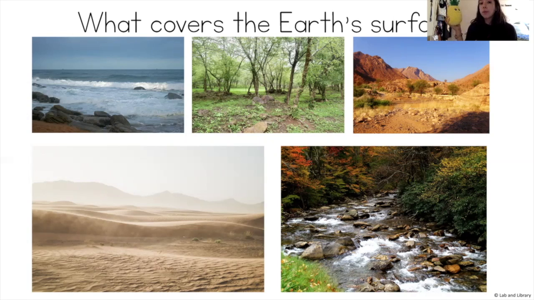And then in the fourth picture, which is down below on the second row to the left, I would ask what makes up Earth's surface in that picture. And my student could say sand because it looks like it's a sand in the desert. And I would say very good. And then in the last picture, they could observe so many different things, such as the water. Water is a good observation. We have rocks, boulders, leaves, trees, and I would